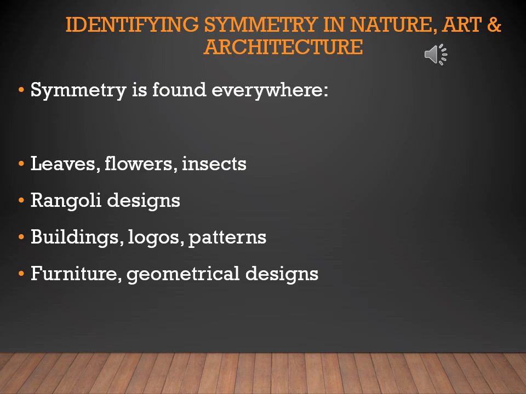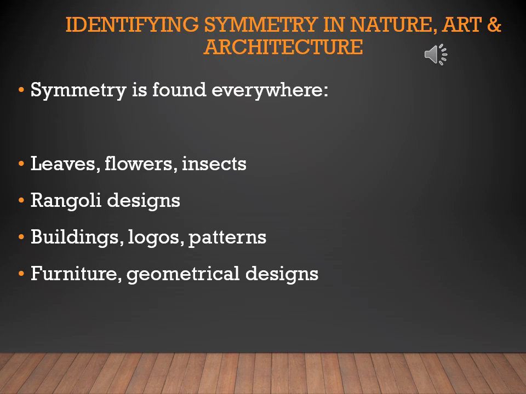Symmetry in nature. Nature is full of symmetry because many things grow in a balanced way. For example, animals, plants, and other natural objects. In animals, look at a butterfly. If you draw a line through the center, both wings look exactly the same. That is a line of symmetry. Many animals like tiger, peacock, fish, and even humans show